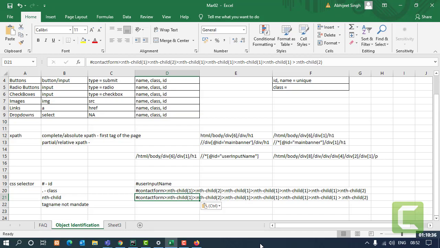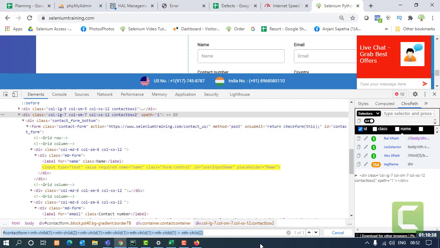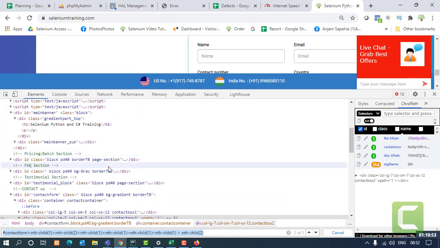Now talking about what space is actually for. In CSS selector, it's kind of smart that space is something. Let's say this is the tag. This is my form, right? It has an ID.